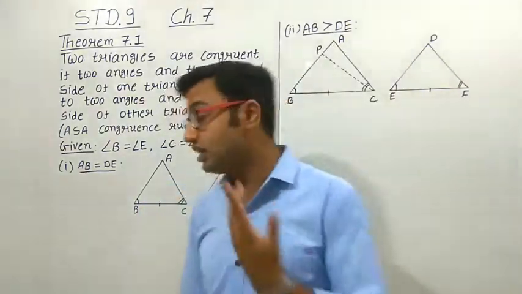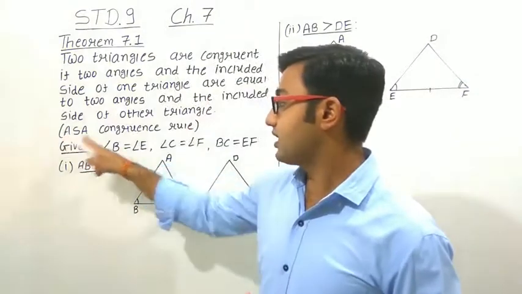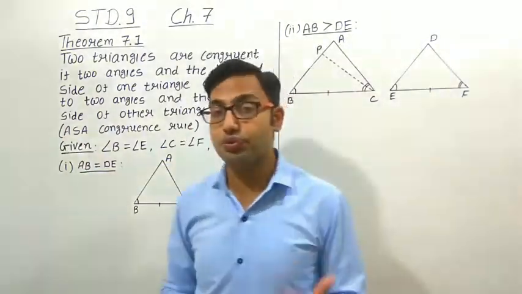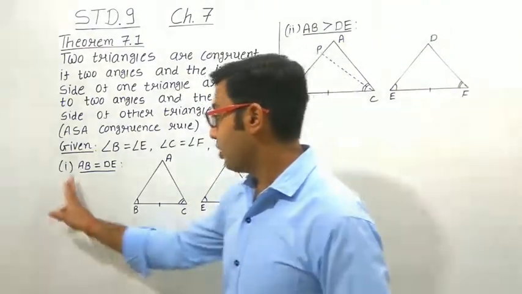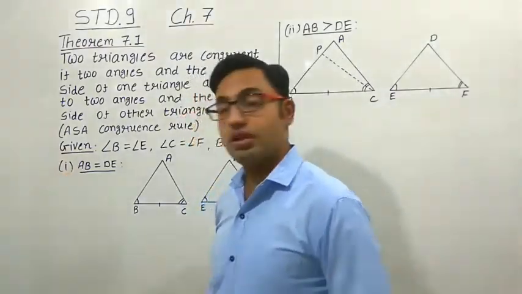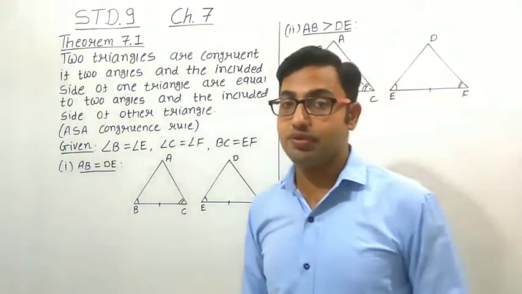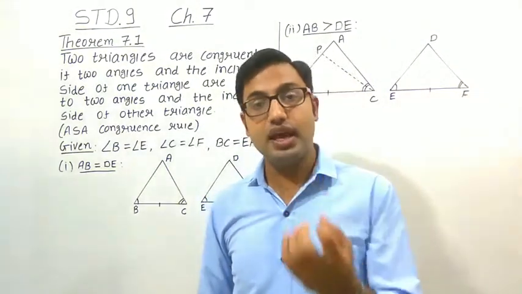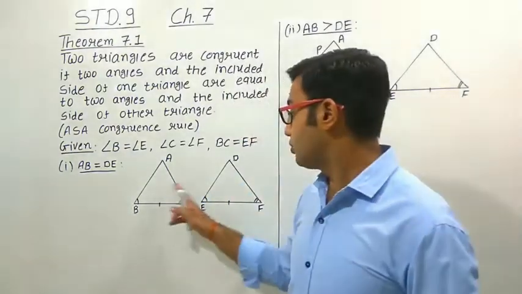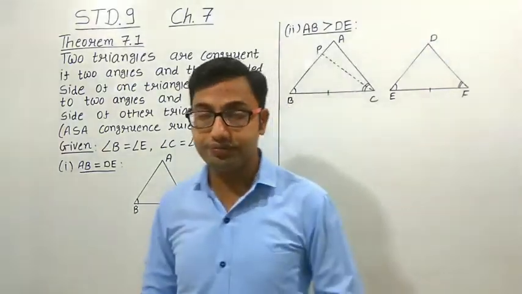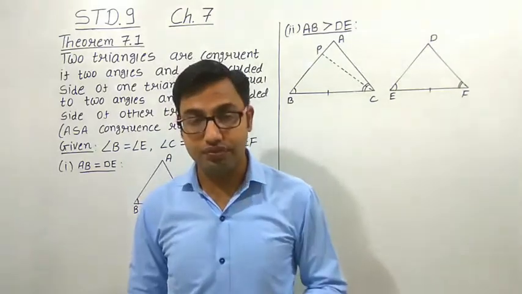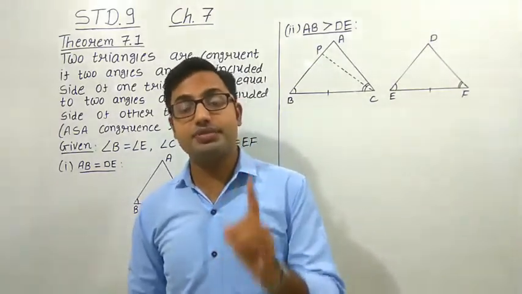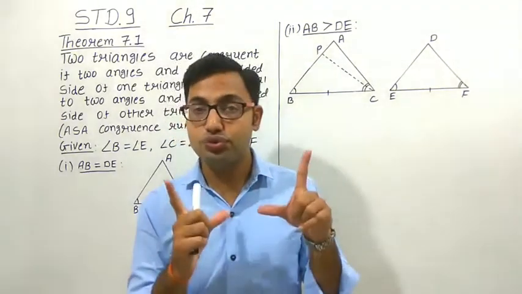If we can prove this, we can use the new rule, angle side angle, whenever we have to prove two triangles congruent. But till now we have only the base of axiom 7.1. We can use only that axiom to prove that two triangles are congruent. For that we must have two sides and one angle, right? And the angle must be included between the two sides.